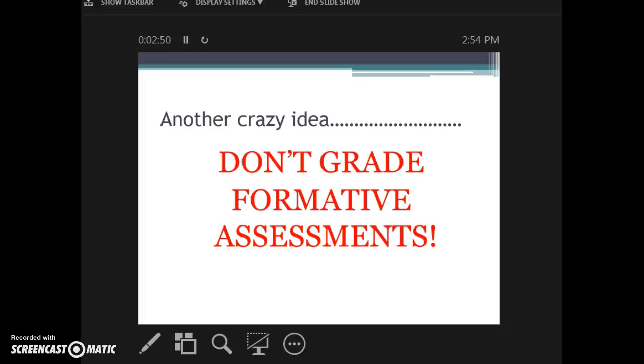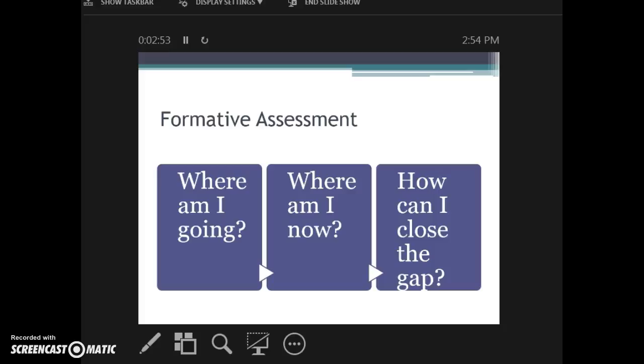Okay. So with formative assessment, really what the process should do is help you as the teacher and your students be able to answer those three questions. Think of it as a process and not a one-step, administer this quiz, get it back, and we're done. No, because it should be cyclical.